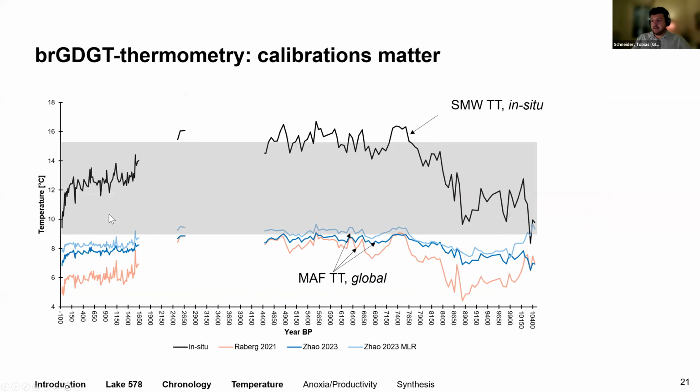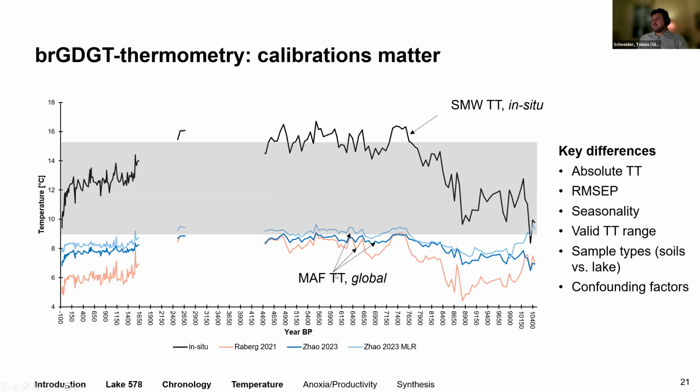So we calibrated our branched GDGT reconstructions over the Holocene. Here's the early Holocene, and here's today, basically. What we see in black is the summer mean water temperature reconstruction based on the in situ calibration. And these colored ones are the so-called months above freezing calibrations. A side note here: the summer mean water temperature incorporates the temperature of June, July, and August. And the months above freezing are the months with a mean temperature above 0, so a much larger